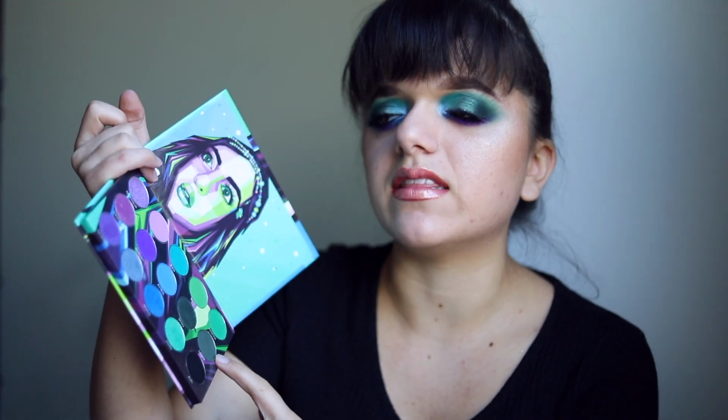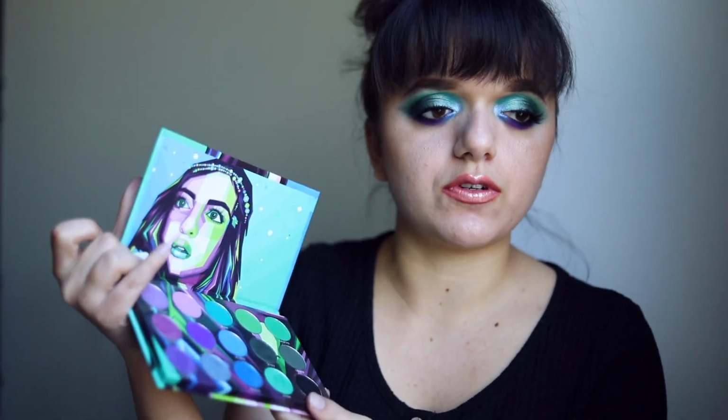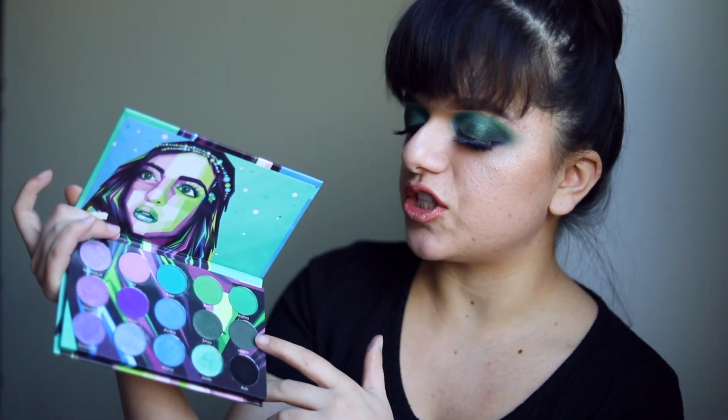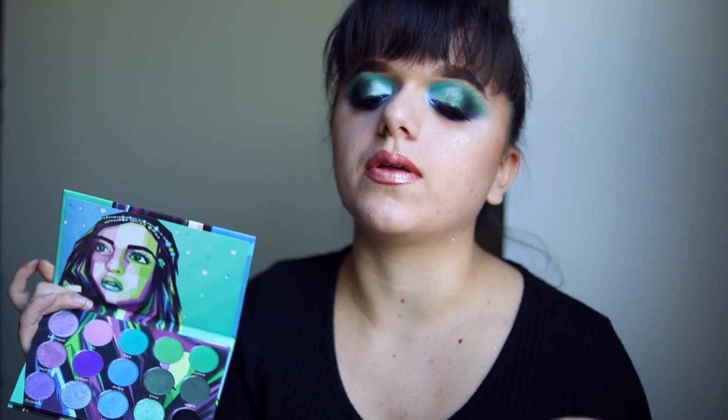This is the type of shade that I really do like for a slightly more grungy, slightly darker green look. You can truly create so many different looks with this palette. You can create some brighter green looks, but this shade is, in my opinion, a really nice shade to use if you're into a more dumbed down version of a green